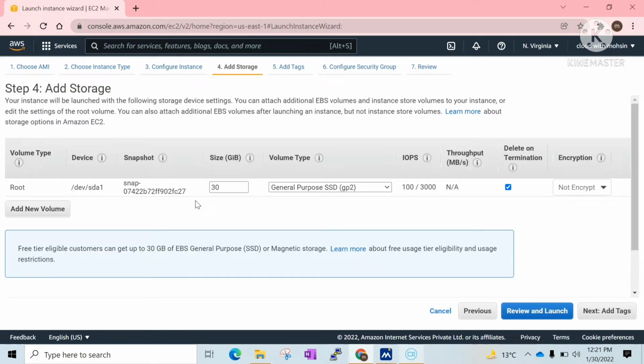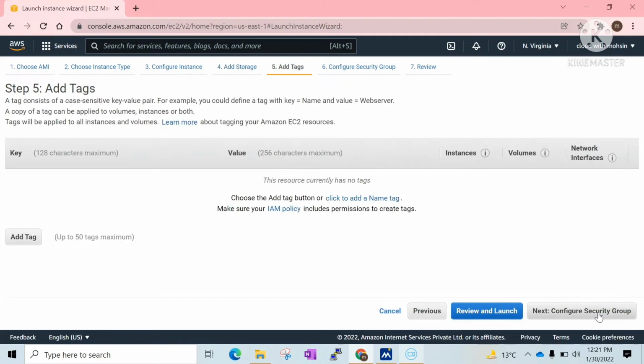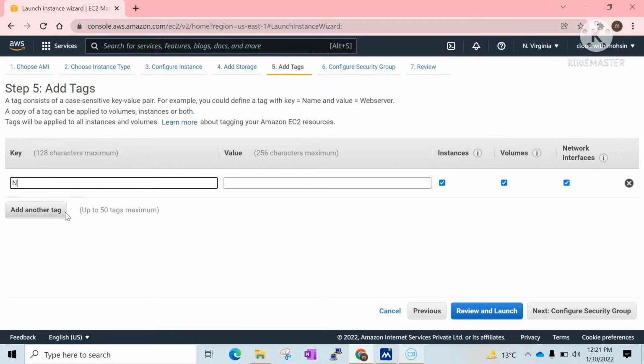On this page, this is for the root volume, and it will have 30 GB of size with volume type General Purpose SSD, which is GP2. We can also go for GP3, IO1, etc., but I will stay with GP2 only. And even once the instance gets launched, we can change it at any time, so that is not a problem. I will click on next, which is add tags. This is a key value pair. Let this machine be called Windows EC2,